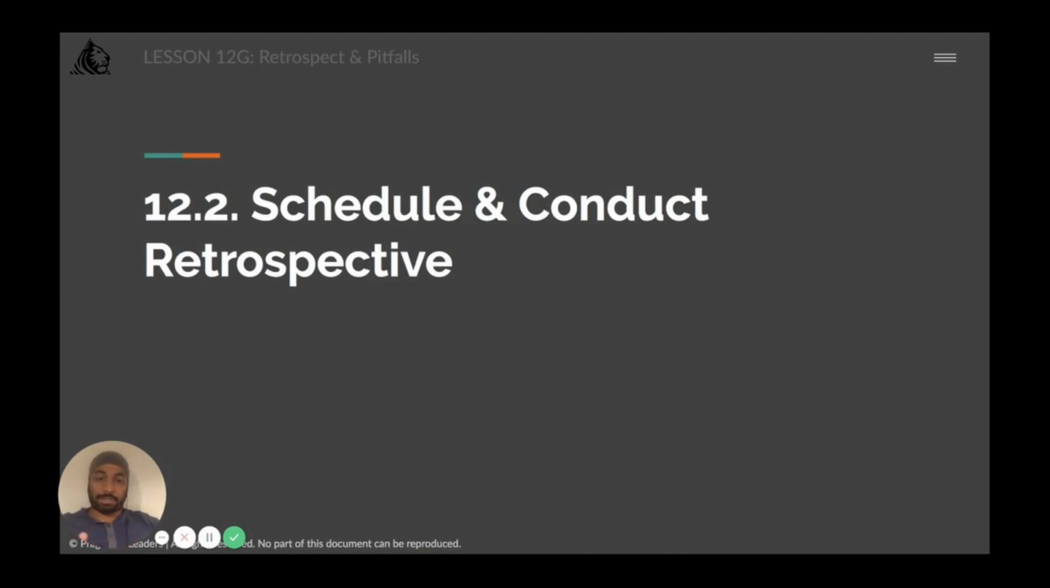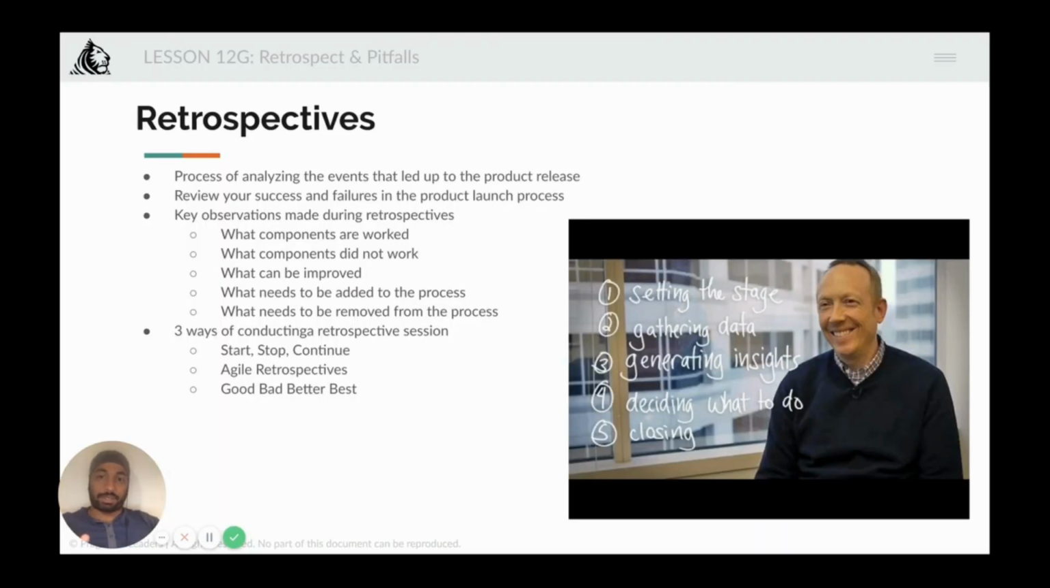So, retrospects are essentially a process to analyze the events that led up to the product release. At the retrospect, you will essentially review what happened, what worked, and what didn't work. You should do this as early as possible, but not too early because you will not have enough data to